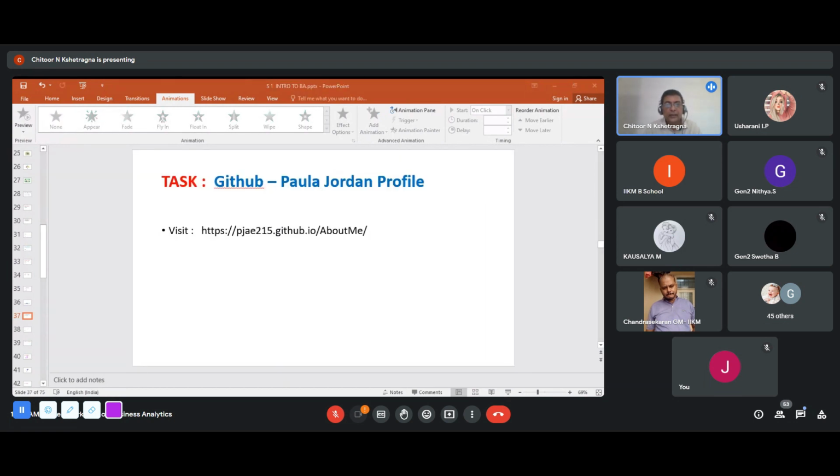Just take 2 minutes on this and then try to find for yourself, and I want somebody to respond with what exactly is being put up there. Can you put it up on the chat? So what did you really find? You'll have hundreds and thousands of Indians in data analytics, business analytics. They've got their own profile. This is a very interesting profile. I want you to go and search. Can anybody on the chat quickly put up what you found in this GitHub profile?